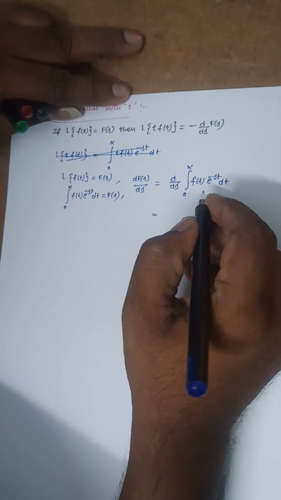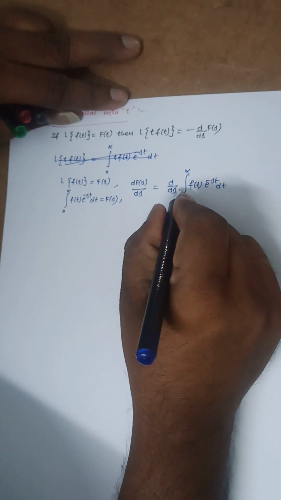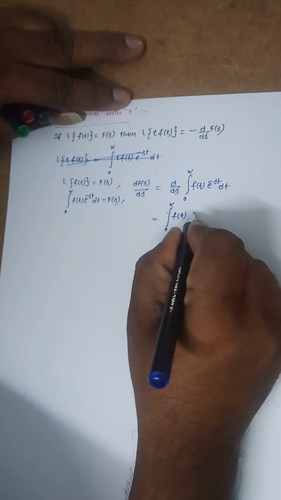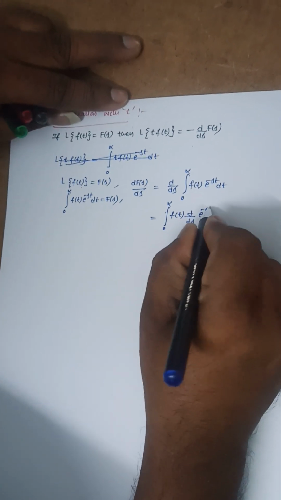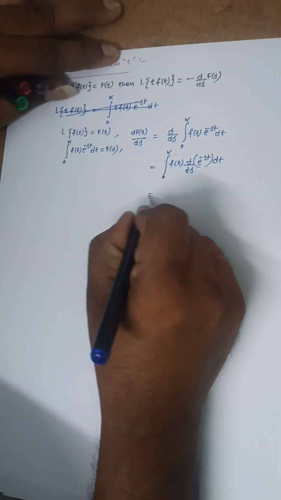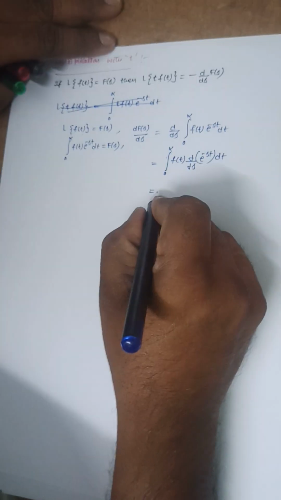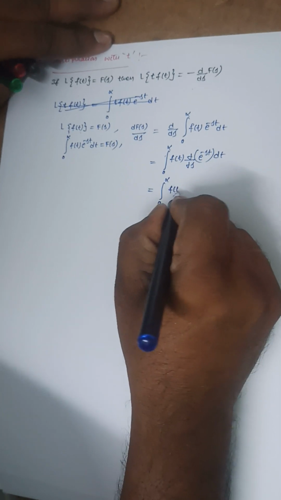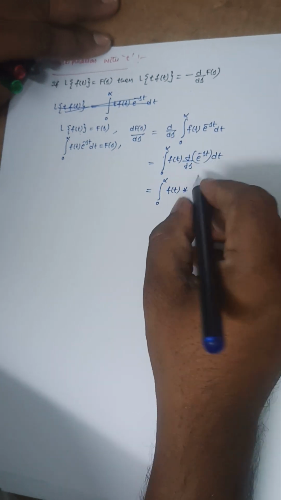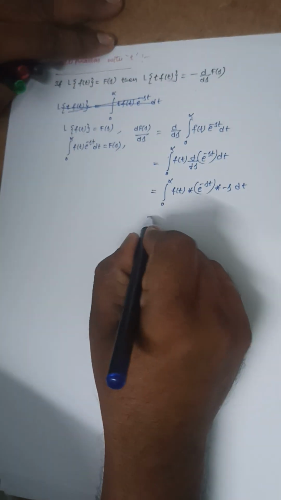it will become dou by dou s. Here the two variables are there, t and s. So partial differentiation I need to use here. 0 to infinity f of t dou by dou s of e power minus st dt. So differentiate this e power minus st with respect to s here, then I will get 0 to infinity f of t. If I differentiate it, e power minus ax, it is minus a into e power minus ax,